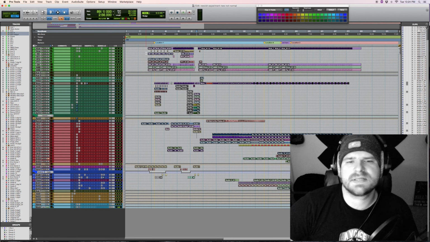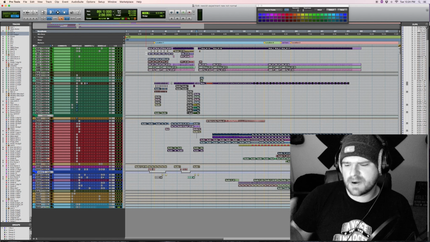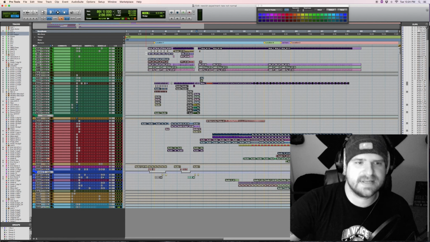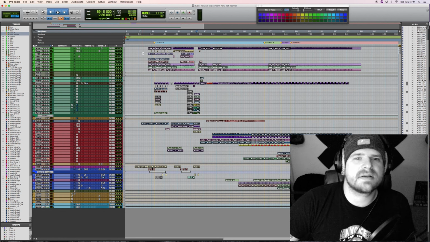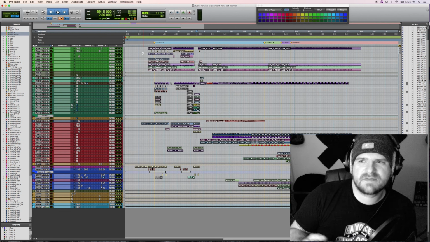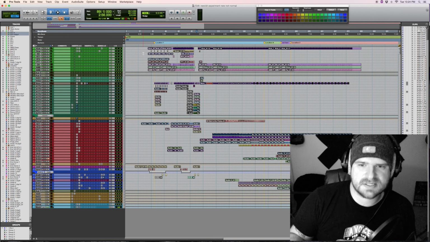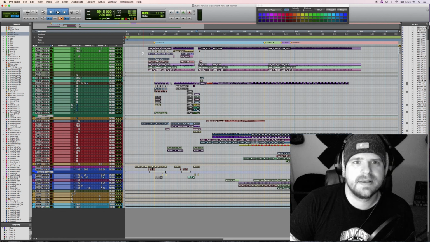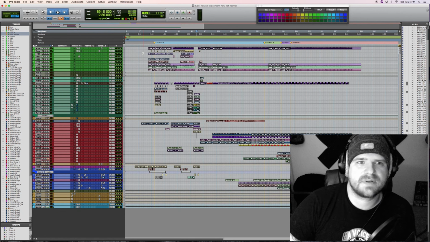I encourage you to listen to it, to try to pick it apart on your own, and then that way when you come back, you can see how I did some of these things. Now, this song is very complicated. It's not structured in a way that most songs are, so it's going to be somewhat difficult for me to navigate my way through this. Also, as you can tell, it's a large song. There's a lot going on in it. I did a couple things differently for this song.